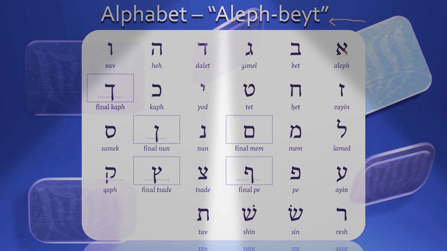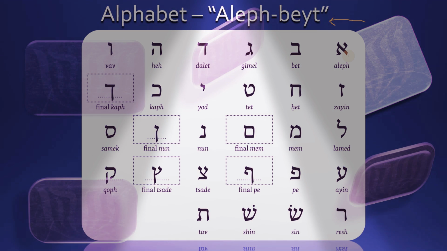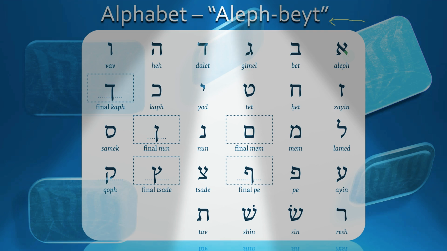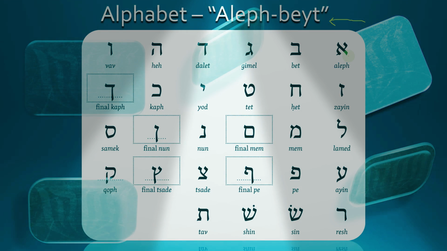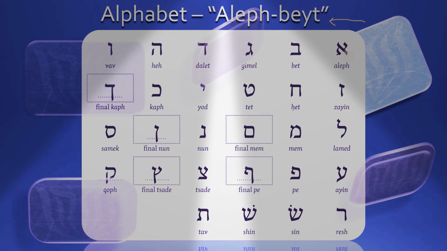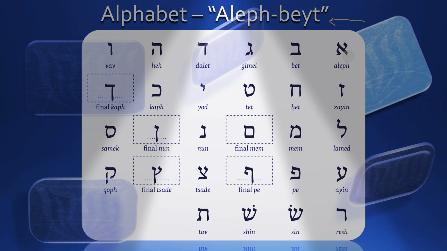The sound that Aleph used to make, we do not make anymore. The pronunciation that we will be learning in this class is an approximation of Sephardic Hebrew. Even though I'm Ashkenazi, I'm a German Jew, so the Ashkenazi pronunciation is different for some of these letters. But the reason we go with Sephardic is because, well,